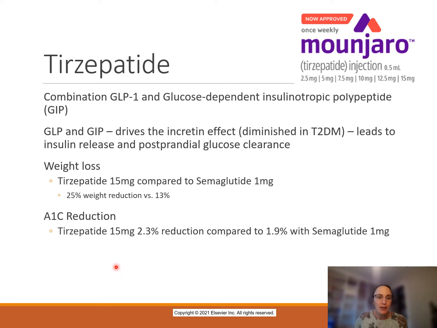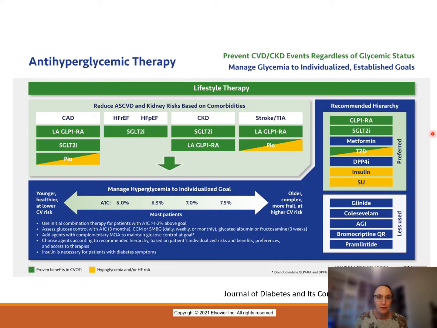And then they also saw a 2.3% reduction in A1C compared with 1.9 with Sema. So both of these drugs are great. I'm super excited about diabetes management. It has just changed so much in my 20 years. Okay, so let's talk about